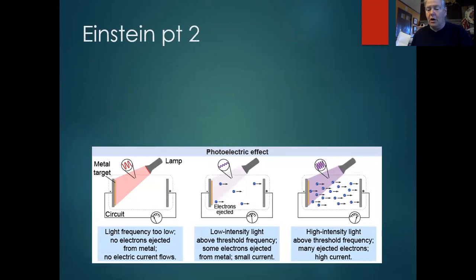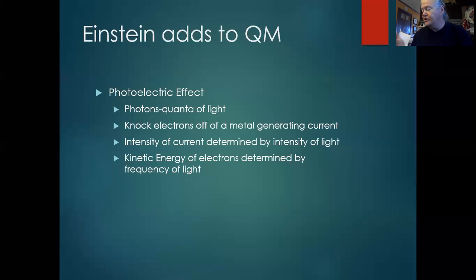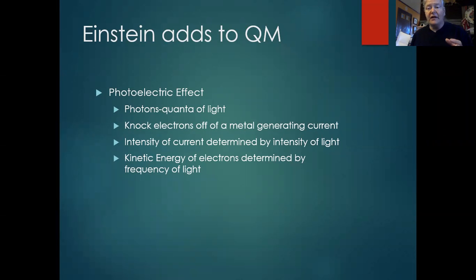So Einstein comes along with this concept called the photoelectric effect. The photoelectric effect we use all the time now for solar panels. The photoelectric effect says when light hits a target, if it's the right energy light, in other words, if it has the right frequency, then it will eject electrons from that target. But one photon gets you one electron.